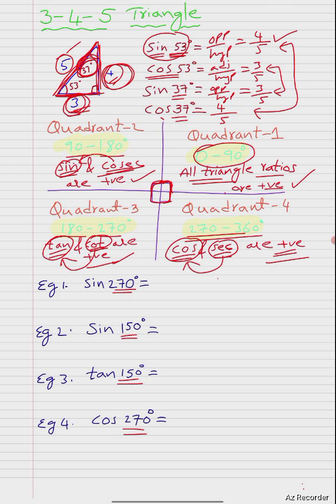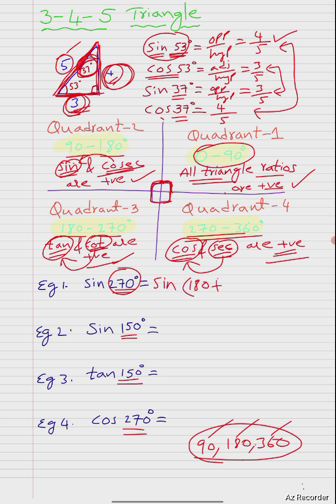Now let us find the value of sine 270. When such values are given, we have to split this angle into two parts. Remember, before splitting, we have to make use of 90, 180, 360. Commonly, we split angle with a combination of these angles 90, 180, and 360. You can use 270 also, but commonly we use 90, 180, and 360. Now sine 270 can be split as a sine of